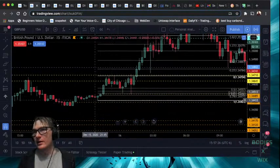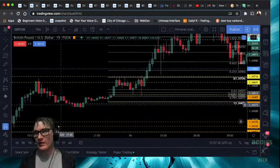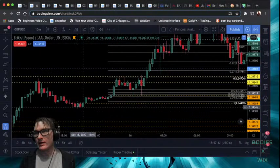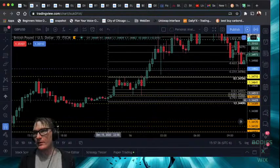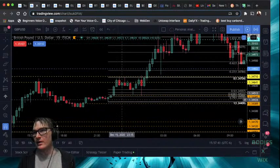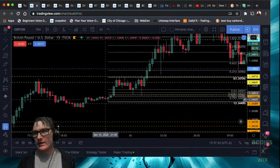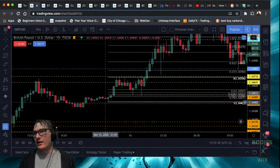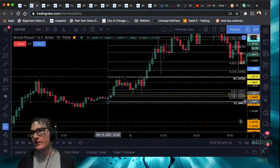Because usually, yeah, you can do it from a low point, but as you can see, this kind of came in for a smooth landing and then went up. I always try to find something with a spike, or something that has a very dramatic move. That's the word I'm looking for, dramatic. Find something that has a dramatic move, and then you put the Fibonacci at the bottom of that one, and generally what you'll see is